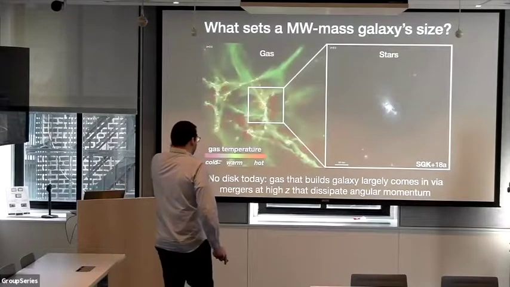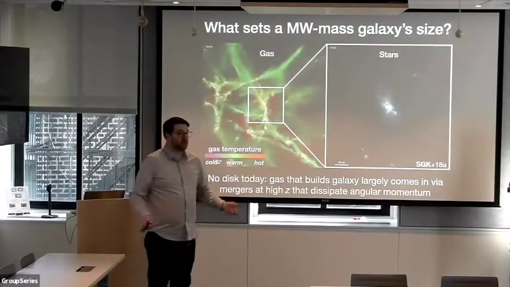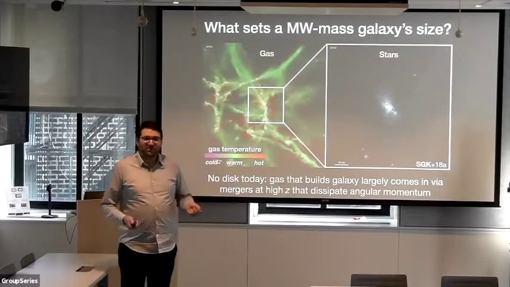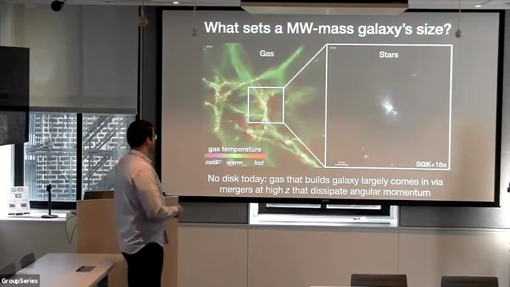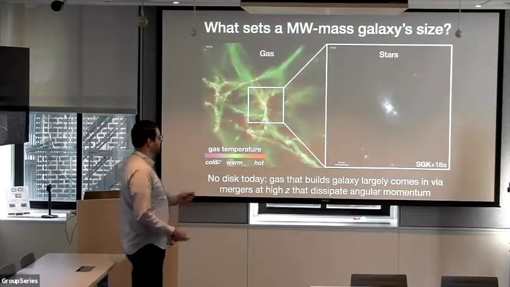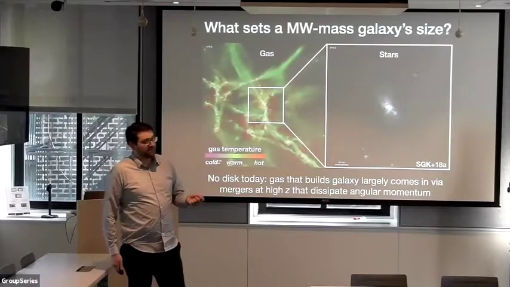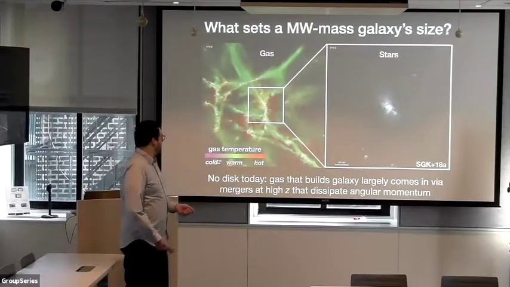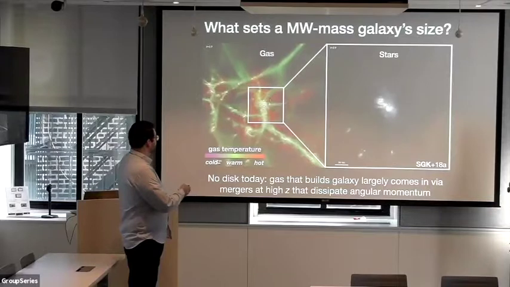So very quickly, sort of as an excuse to show you a couple cool movies, I want to talk about what we think some of those other physics are. So this movie is going to show you a galaxy that ends up almost purely a bulge, effectively no disk today. And what you're going to see, so this is showing the gas on the left and the stars on